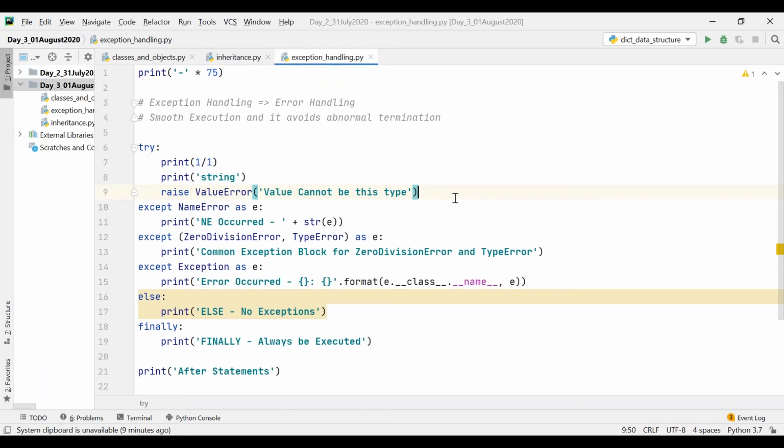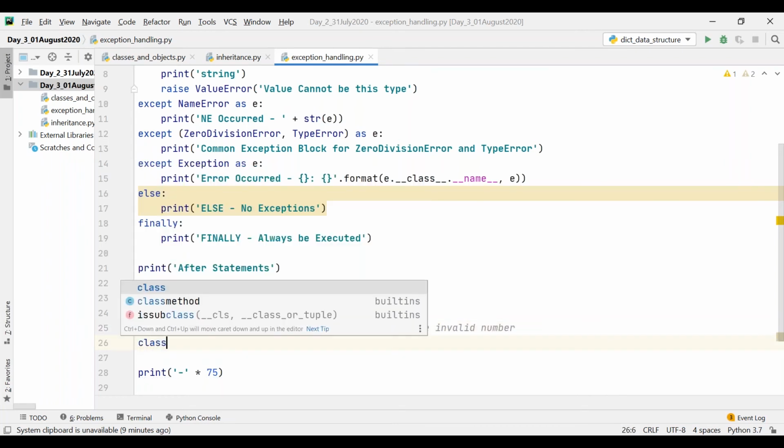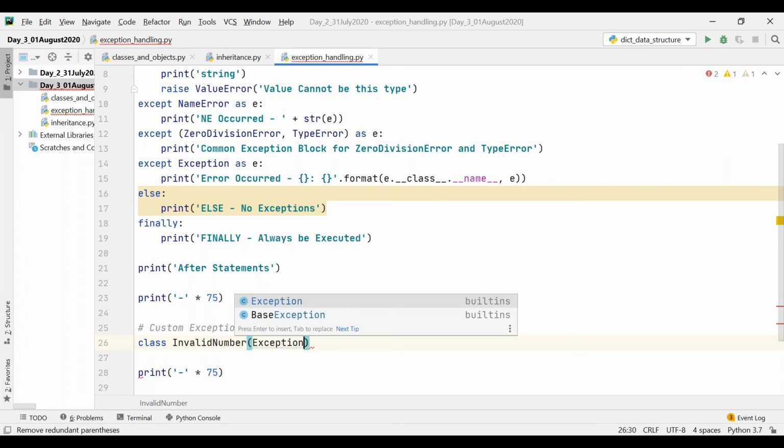Okay. So now let's see the user defined exception. That is, we can define our own exception actually. That is custom exceptions. So let's define an exception in order to handle an invalid number. Let's say class, I can define one class called InvalidNumberException.